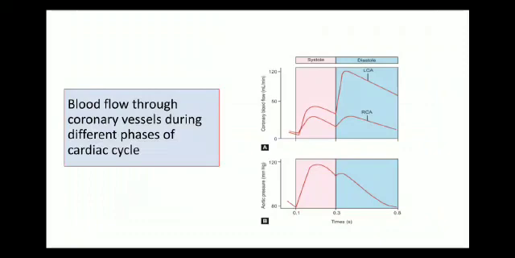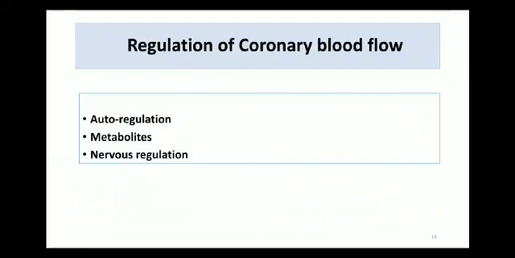Aortic pressure, we are comparing the aortic pressure. During the systole phase, intramyocardial pressure is really high. That is why the blood vessels are getting compressed. The deeper blood vessels like the subendocardial ones will be most compressed. And during the diastole phase the intramyocardial pressure is reduced, so there will be more blood flow in LCA and RCA. So whatever changes we are talking about, they are more pronounced in the left side of the heart, because the left ventricle has more muscle mass, it has to do more work.